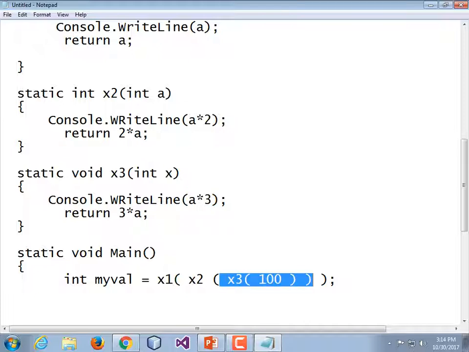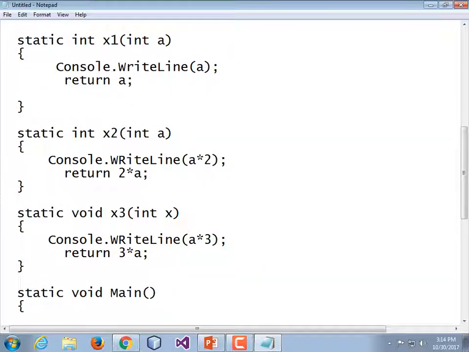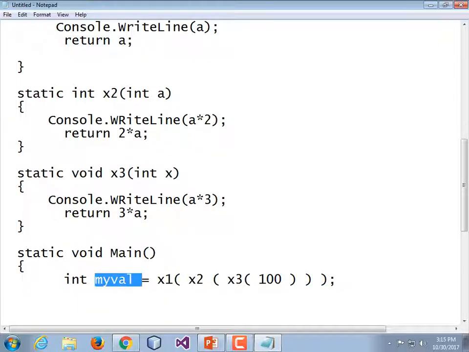Okay, so now we have a value of 300, which we're passing in as an argument to the x2 function. So we call x2, passing in 200. It calculates double that and returns it, which is 400. So that value of 400 gets passed into the x1 function, which prints it, doesn't multiply by anything. And so by the time we're done,